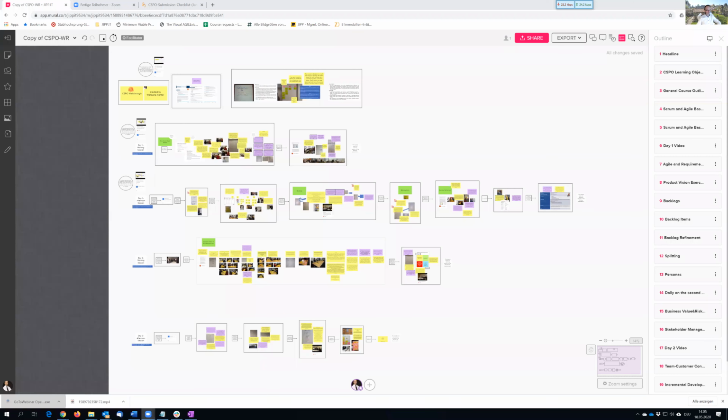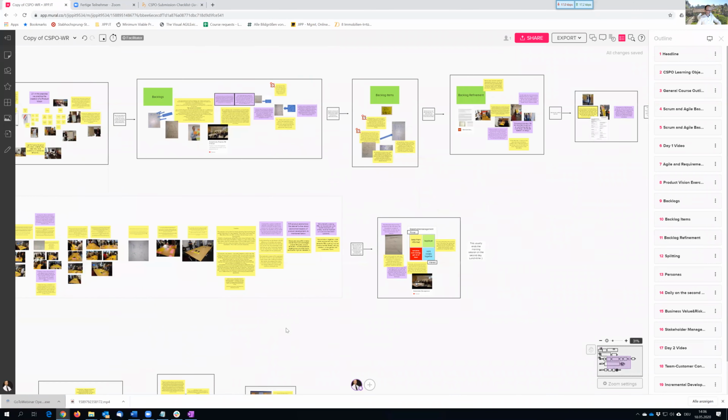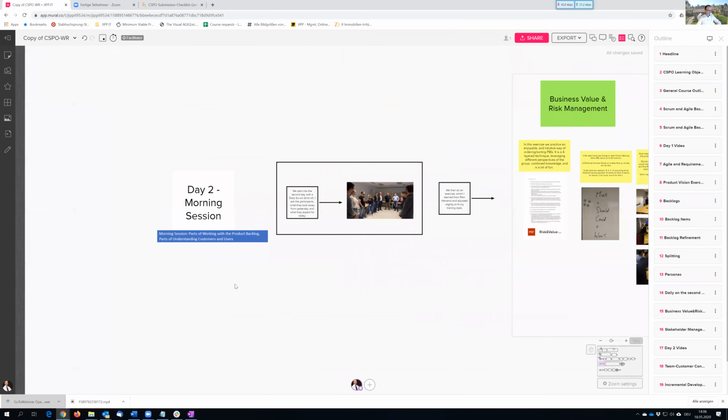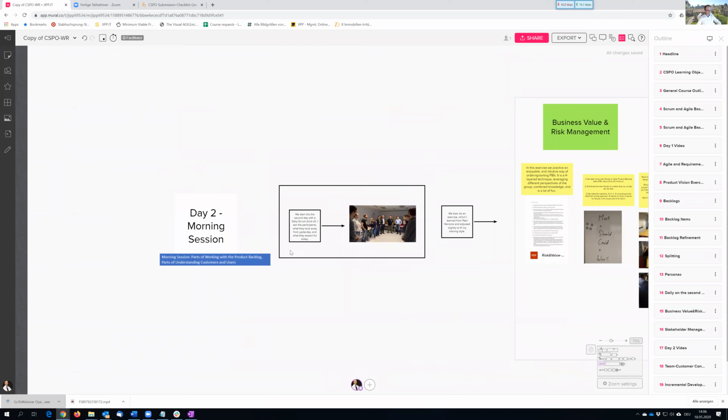So I'll share once again my whiteboard. Sorry, wrong button. No, it's the right one. So what you can see on here, this is the third swim lane for the third half day of my CSPO classes. And the morning session on this second day begins with a